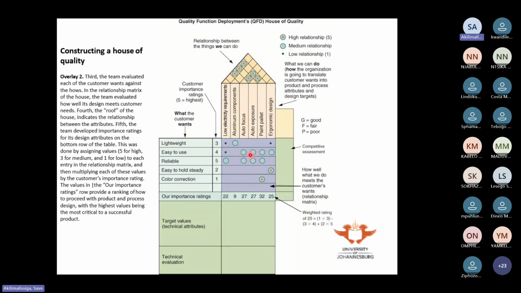In this section, obviously you still need these symbols, so you need to create that legend. Sometimes you can have different symbols for the relationship matrix compared to the relationship